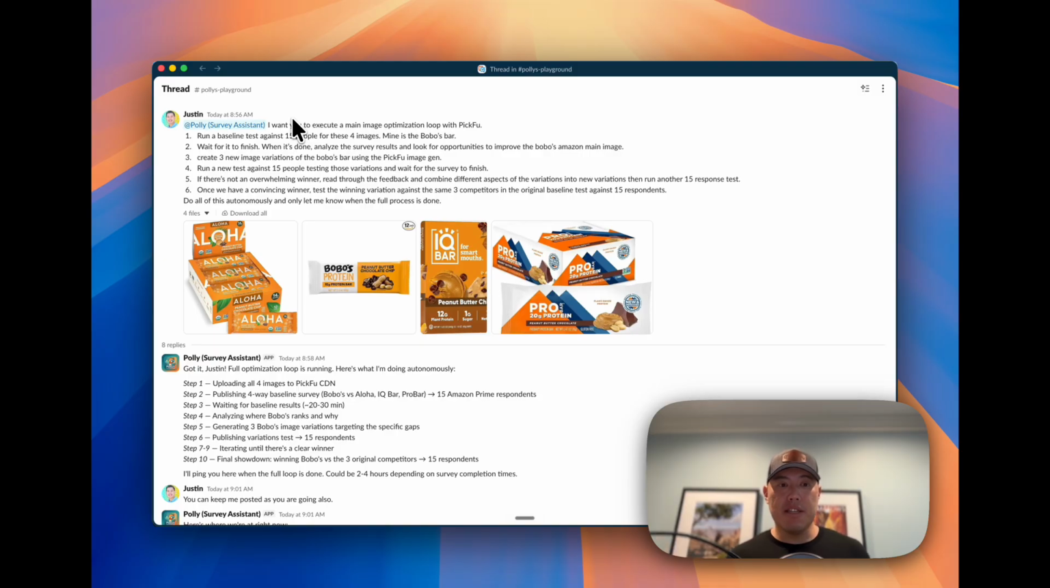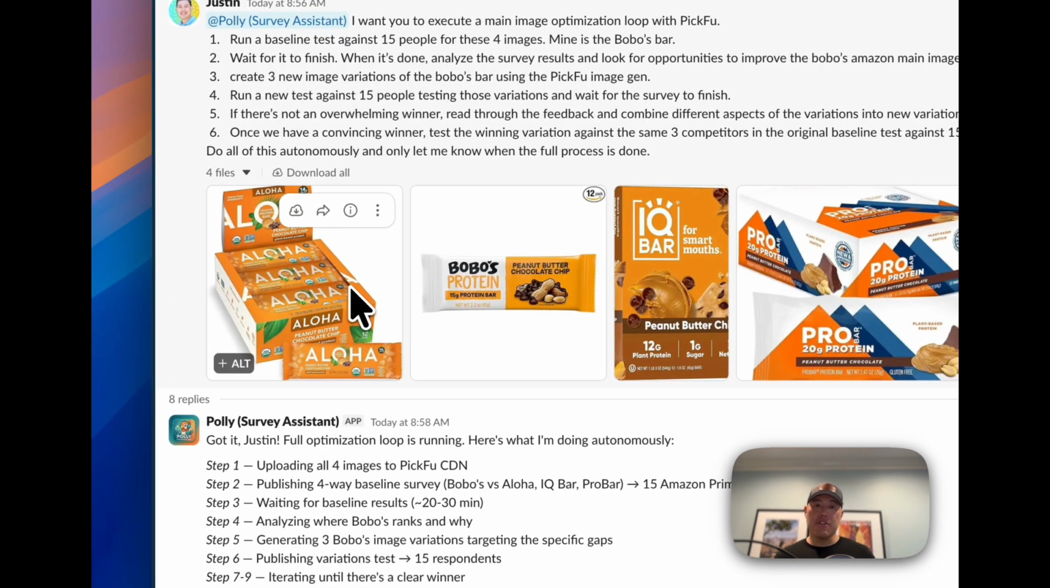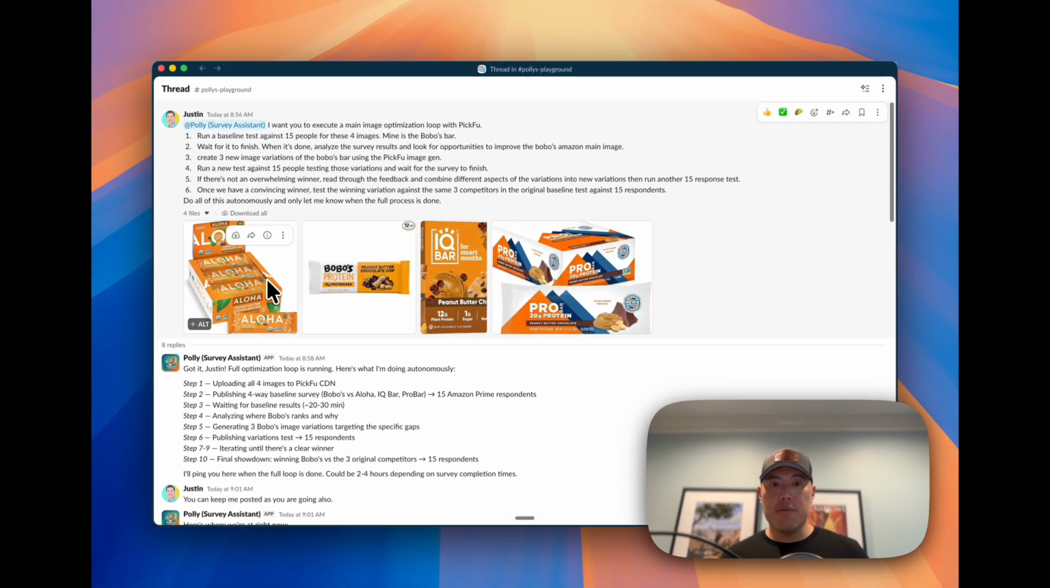where you start by baselining your main image, in this case it's Bobo's, against your top three competitors. So you would run a survey, you would see which one wins, you would then read through all the different results, see what people said about yours and your competitors. Then you would take that feedback and create new image variations of your main image. And now you can do that with PickFu's built-in image generation capability, either through the MCP or through the CLI,